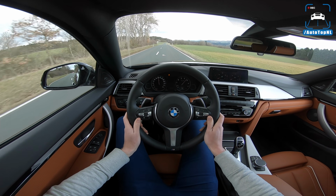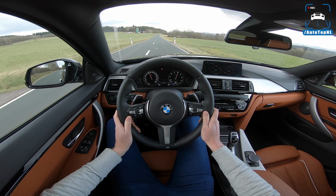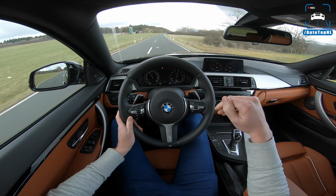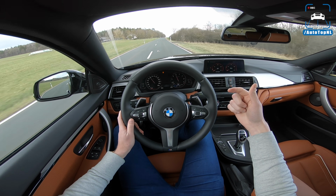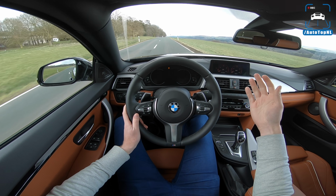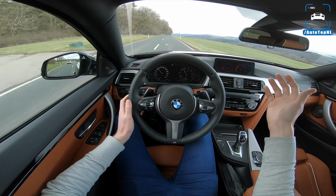Okay, so that's it for this part. We are going to the Nürburgring right now to film some cool stuff over there, not this car. And after that, when we are driving it home again on the Autobahn, I will do another piece of review over there to show you how this car handles over there, and just at high speeds and comfort and stuff